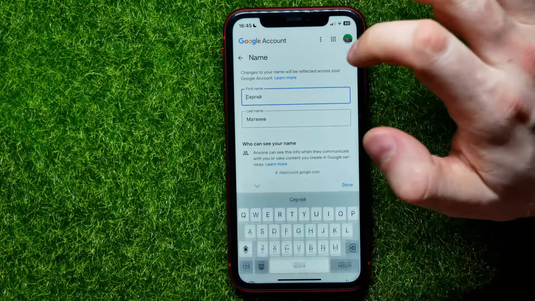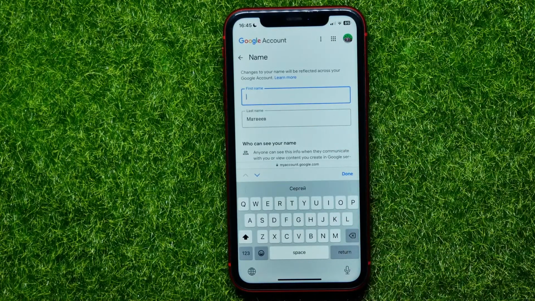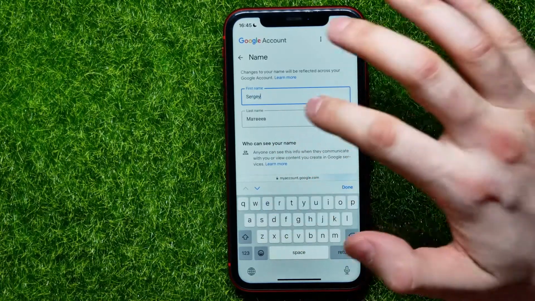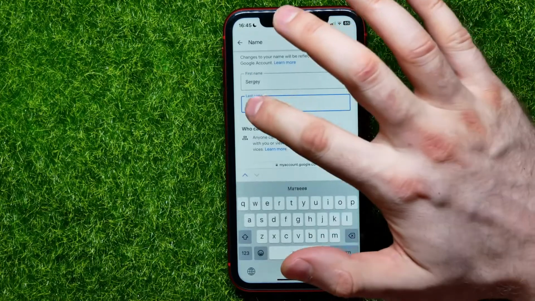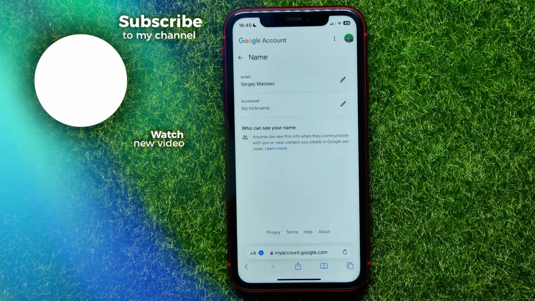You can hit at that text field and then you can edit this text as any other text. So just type in here whatever you want. And once you finished with that, just hit on Save button to apply the